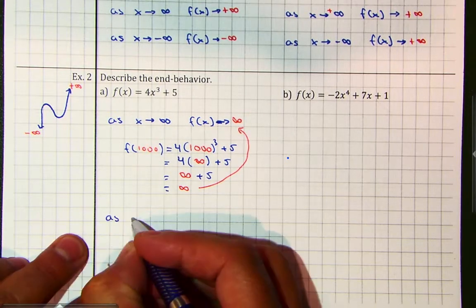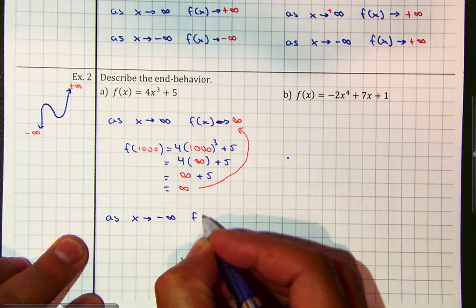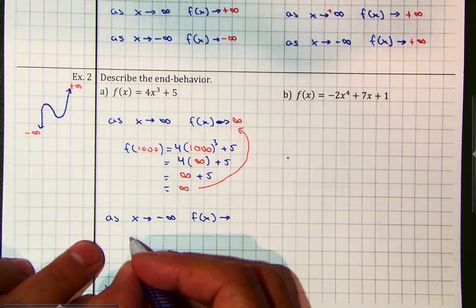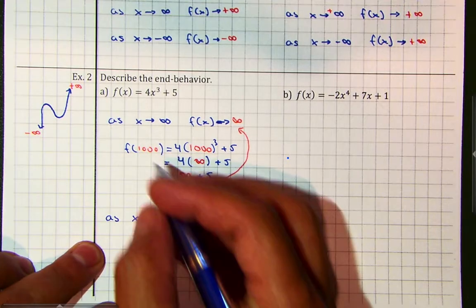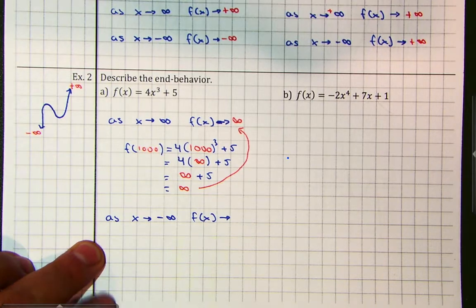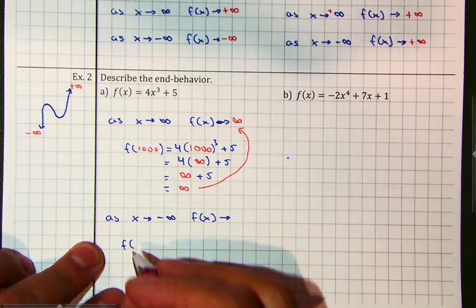As x approaches negative infinity, f of x approaches. So let's go and plug in, and on the homework, you also have to show me the process. You can't just sketch it if it's asking you to do it algebraically. So if we plug in a negative 1,000